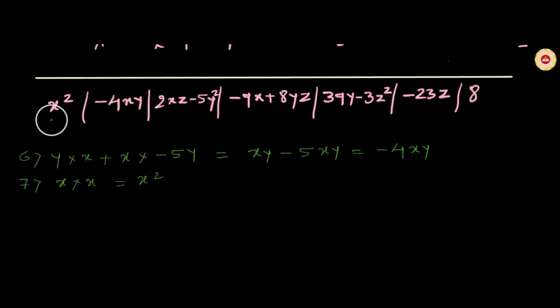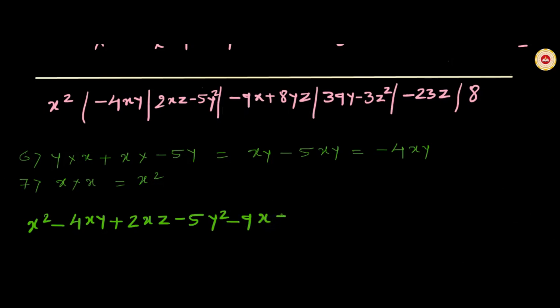Start writing the answer from the leftmost part. x squared. This term is negative, minus 4xy. Now write this third part from the left side, 2xz. 2xz is positive, 2xz minus 5y squared, 5y squared minus 9x, minus 9x plus